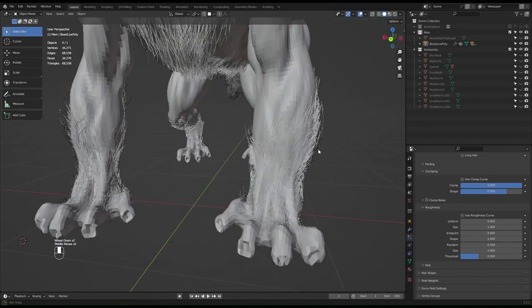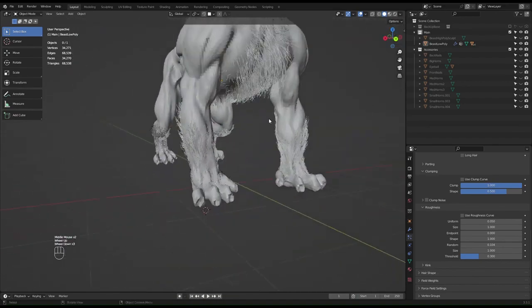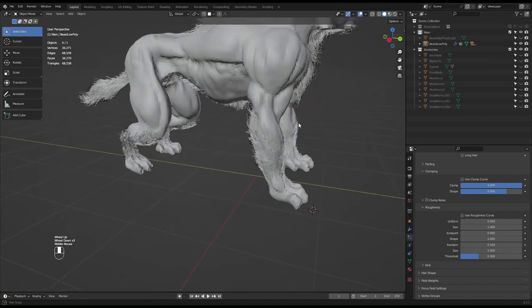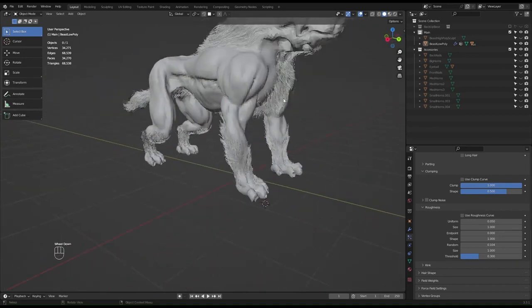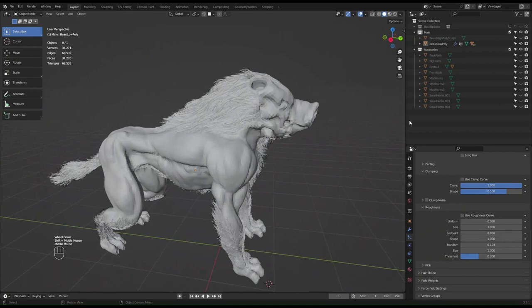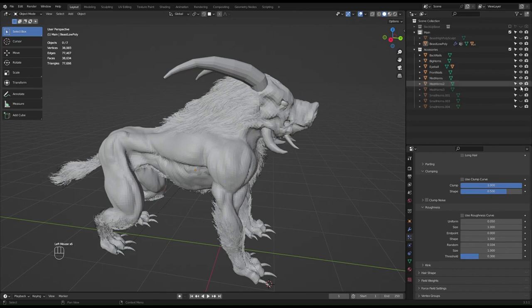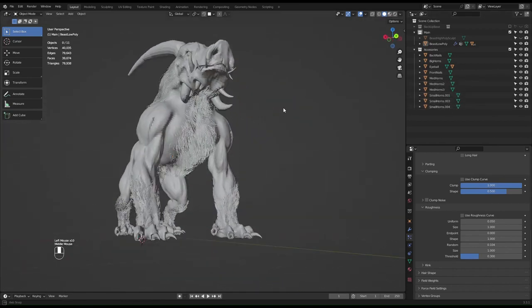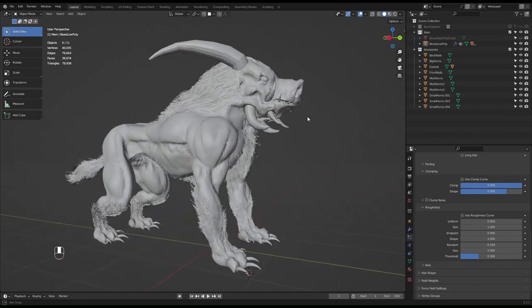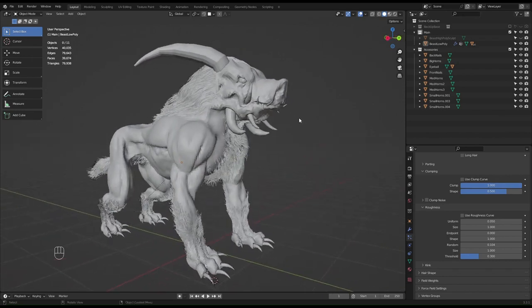Just increasing those segments, this will help a lot. But for now, I think this is fine for me. It is working. Let's just turn these on. Like that. And then